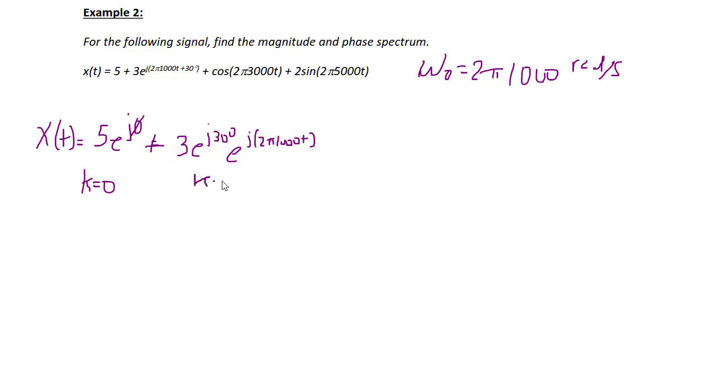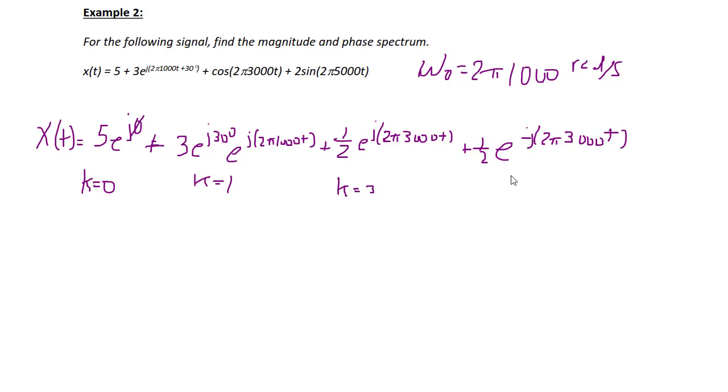So this would be a term at k is equal to 1 plus, using Euler's identity, 1/2 e to the j 2 pi 3000t. That would be our term at k equals 3 plus 1/2 e to the negative j 2 pi 3000 t. And this would be our term at k equals -3 plus